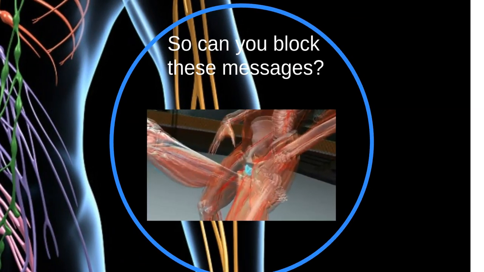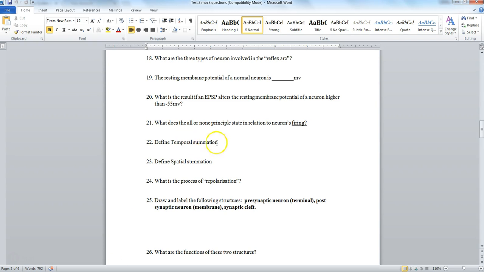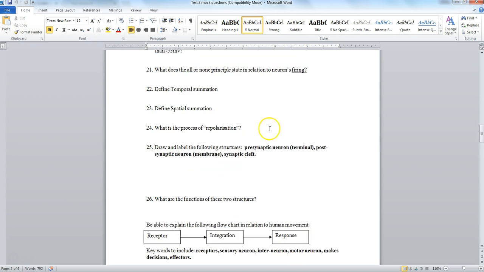There is a question in the mock questions that we'll get into now. We'll just finish that off. And that is question number 24, what is the process of repolarization? And that is when the neuron returns to minus 70 millivolts. Done. So while we're here, now that we've drawn in our presynaptic terminal and our postsynaptic membrane and our synaptic